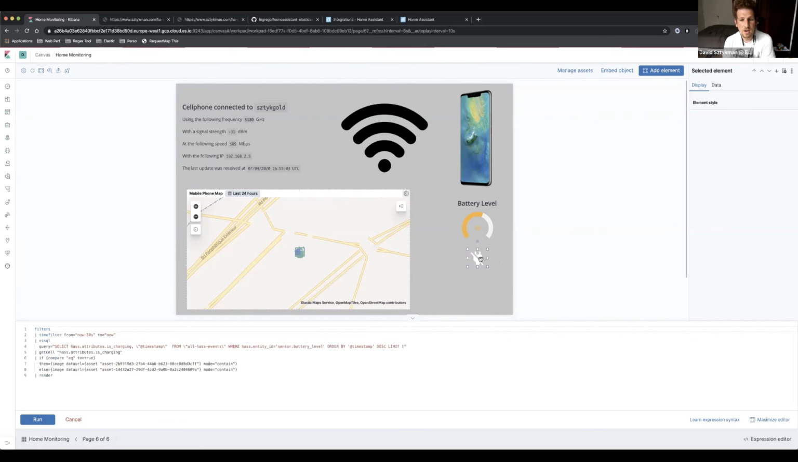This icon here is changing whenever I'm charging my phone or not. Again, I'm doing a SQL query to figure out if the phone is charging. If charging is true, then I'm displaying this image, and otherwise I'm displaying this image. Right now my phone is not charging. If I charge my phone, let's just,